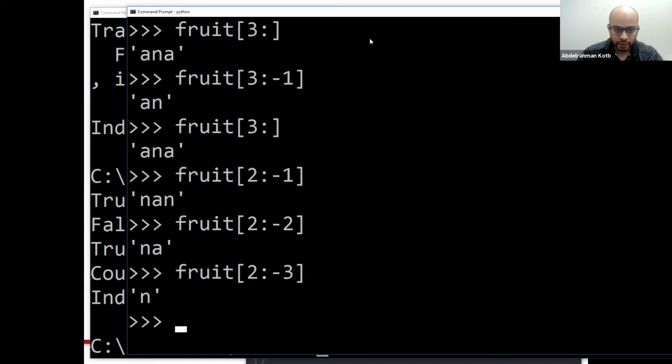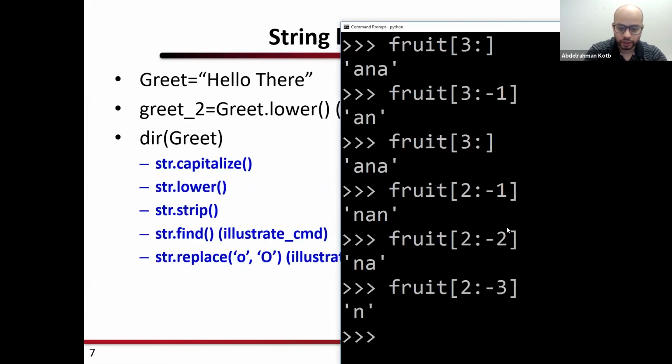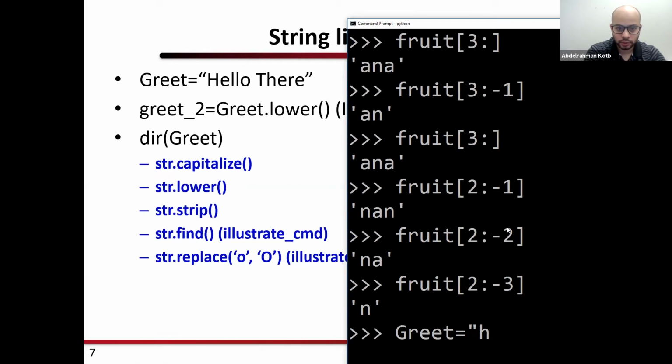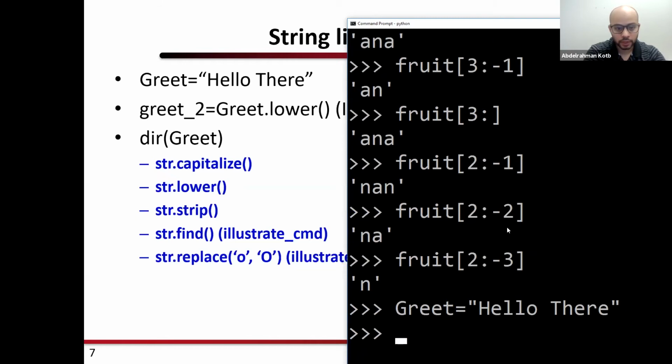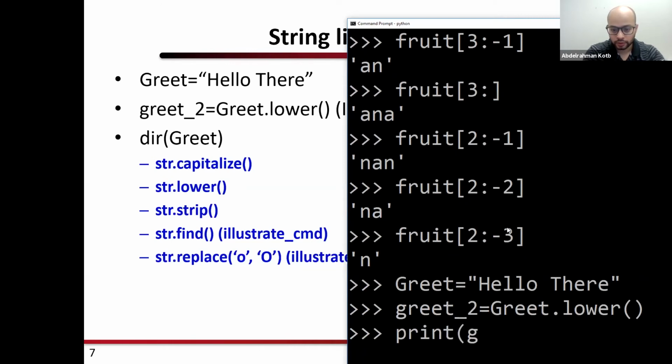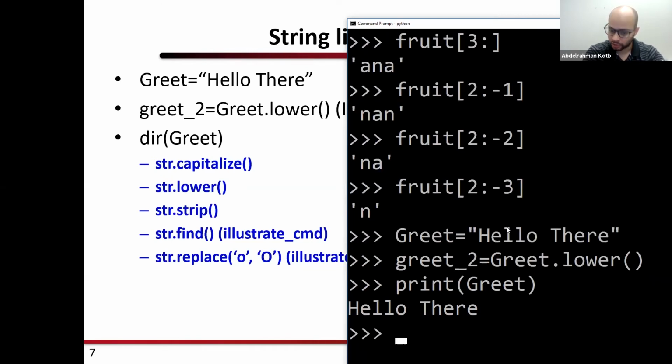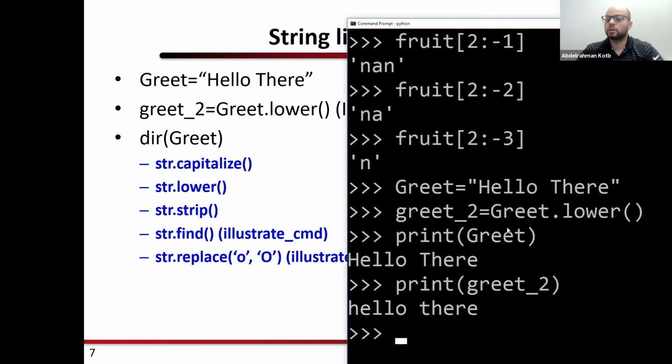So if I say greet is equal to hello there, let's say greet2 is equal to greet dot lower. If I print the original word, it's going to be the same. Print greet2, it's going to be hello there, all lowercase.